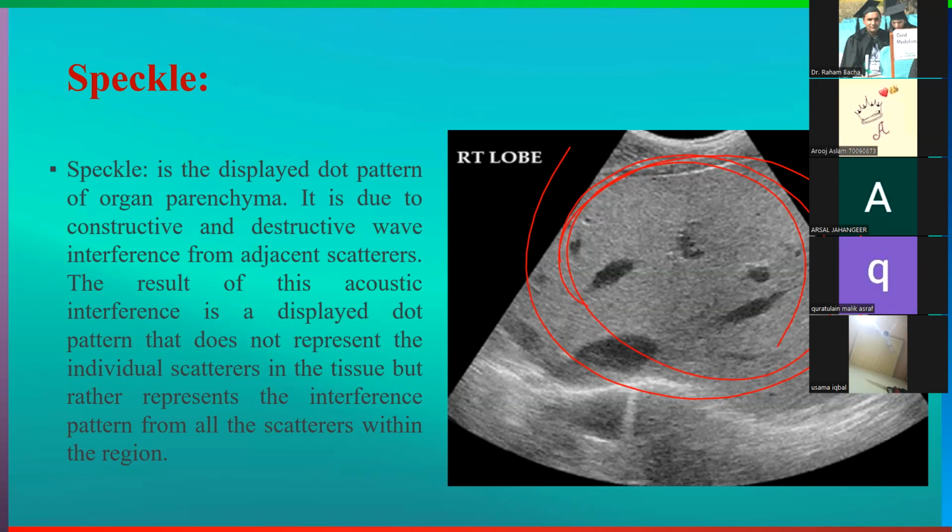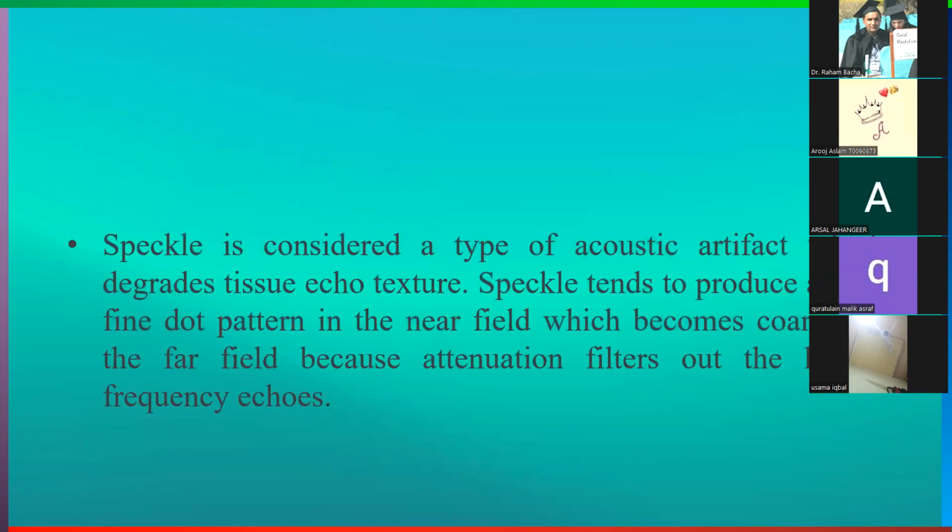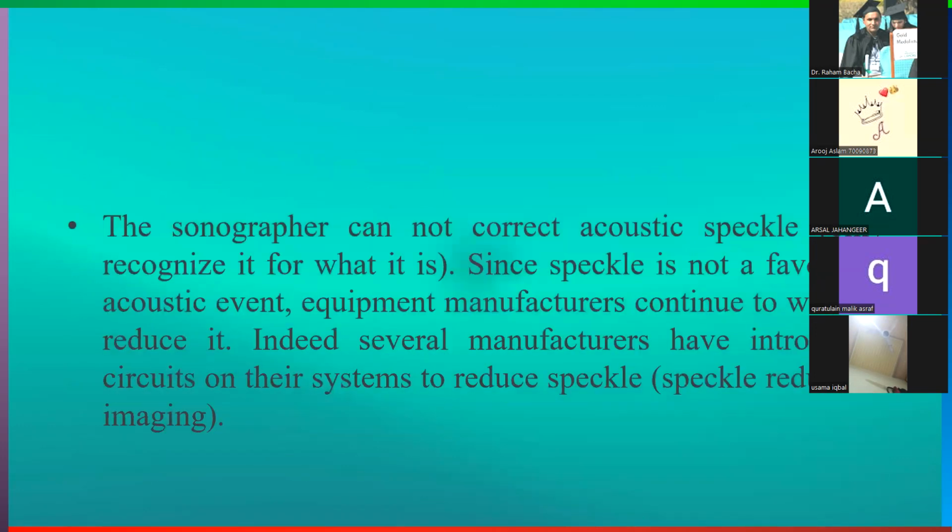For example, you are going to buy a machine, so the vendor will show you and tell you that this is a very good machine, but whenever you observe, you will see the speckle. So you can tell the vendor that there are a number of speckles in this imaging, that's why this is not a good machine. Because in state of the art modalities that speckle pattern is reduced to a greater extent, right? So it was all about